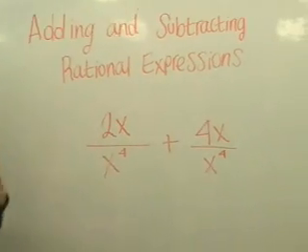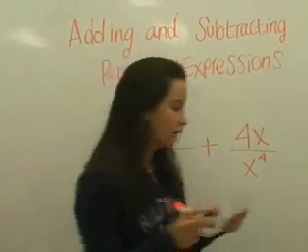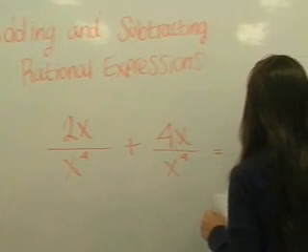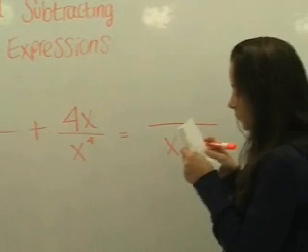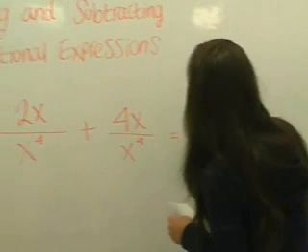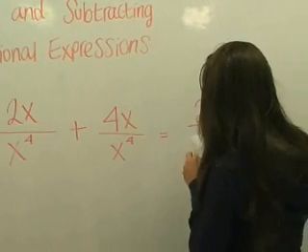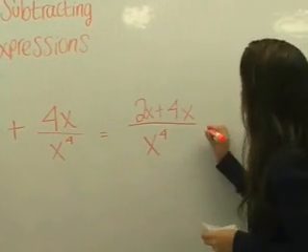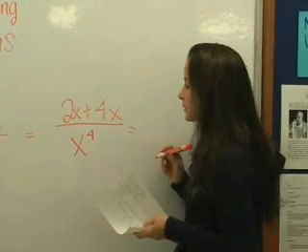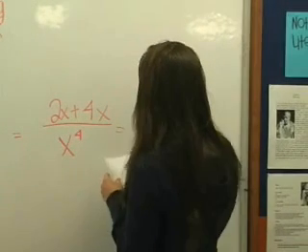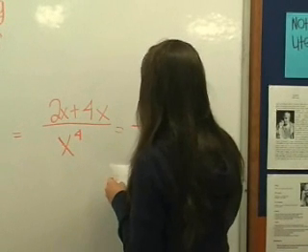So, as you can see, these fractions have like denominators. So, you put the like denominator in the bottom, and then in the top, you add the numerators. So, you can combine them because they are like terms. So, 2x plus 4x is 6x over